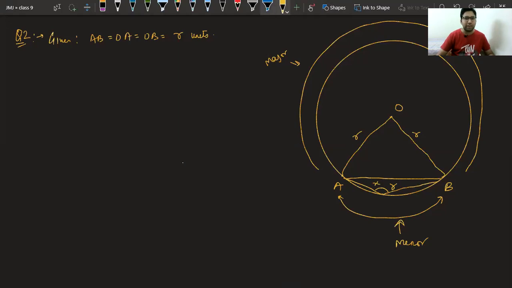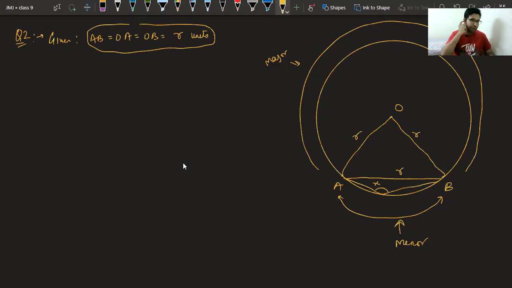Now tell me what is the value of x as per the question. Class, tell me what is the value of angle x made by the chord on the minor arc. Tell me fast. Utkarsh is saying 90 by 2, okay. Tell me the answer, beta. You have to give a value, not a variable. First think how you can bring an angle in this question. Very easy. Try to understand why it is given to you. For a reason. Okay, Utkarsh is giving the answer.